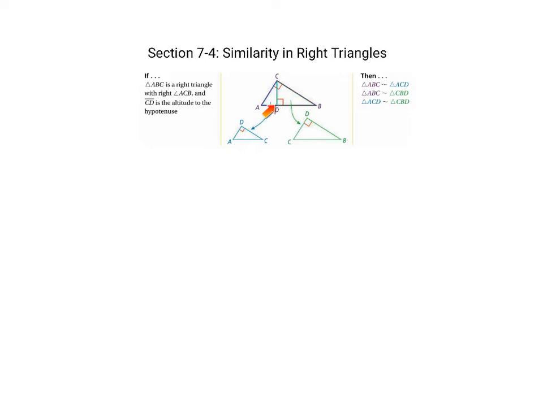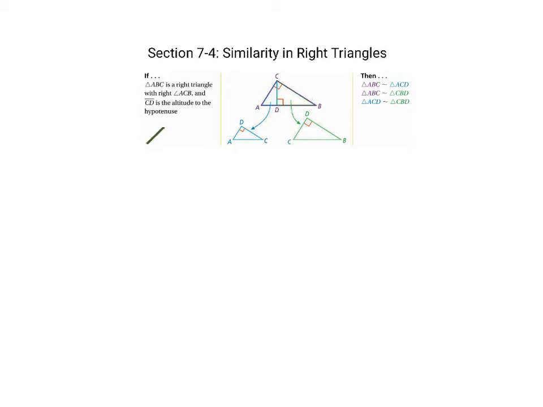Some of you will recognize the word altitude as meaning height. So the right angle here ensures that this is a measurement of height because it goes from the bottom of the figure straight up to the top. So if you just remember altitude is height, you'd be fine. But we're not really going to use the word altitude. The book uses it here. We're just going to define this in terms of whenever we have a picture,